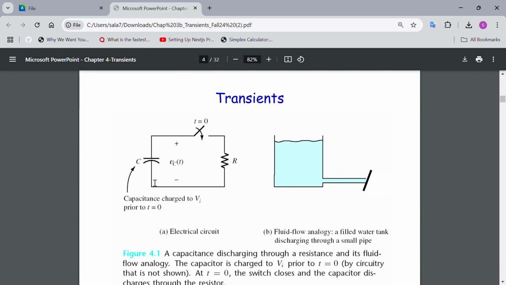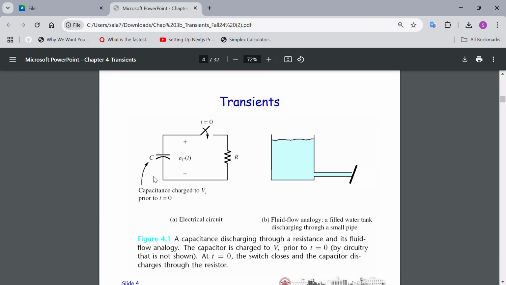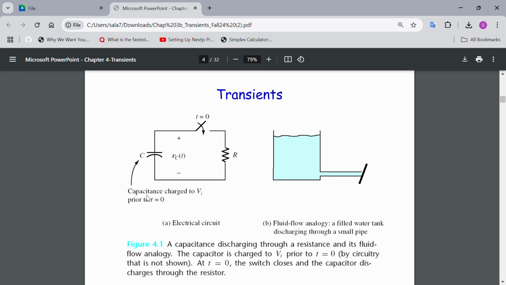And so let's talk about transients. As you can see, we have a capacitance charged to V0 prior to t equals 0. Vc, as you can see here, is the voltage across the capacitor. We also have a switch which is closed at t equals 0. For t bigger than 0, it's closed. If t is smaller than 0, then it's open. And we have a resistor. And this can be compared to